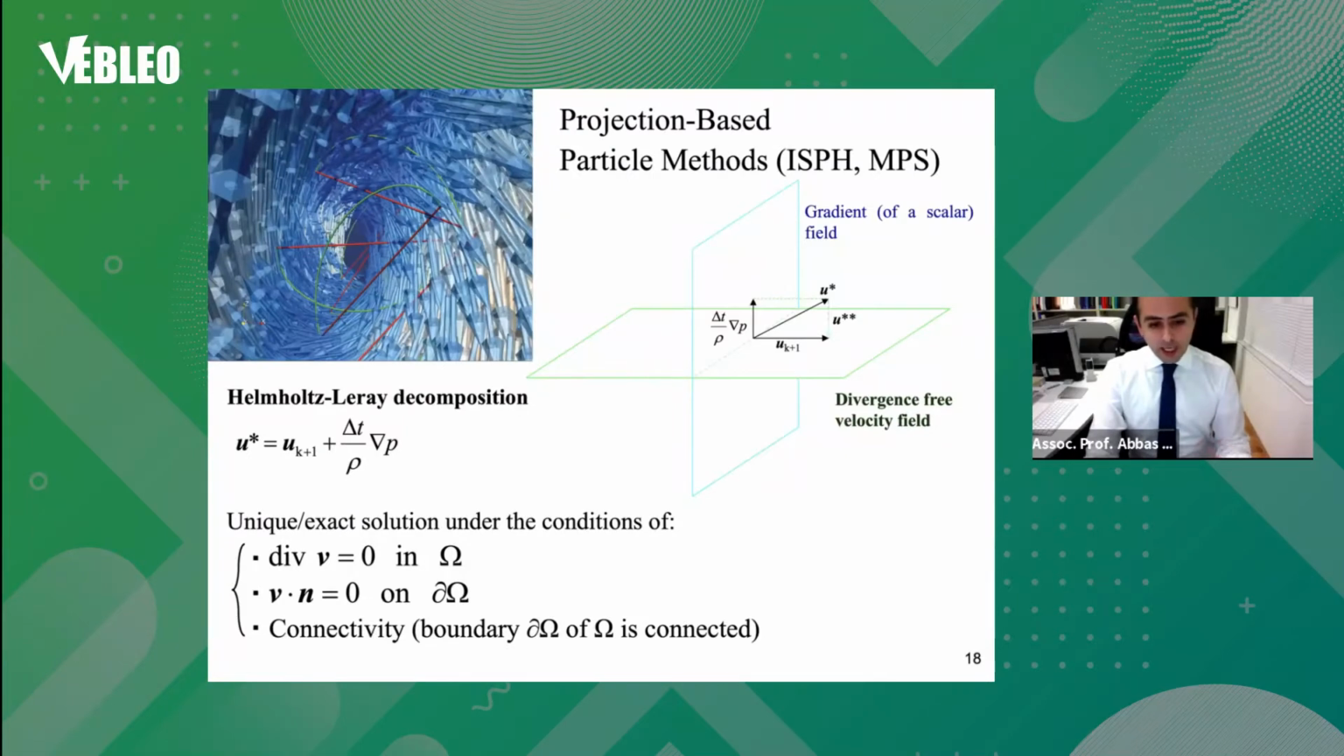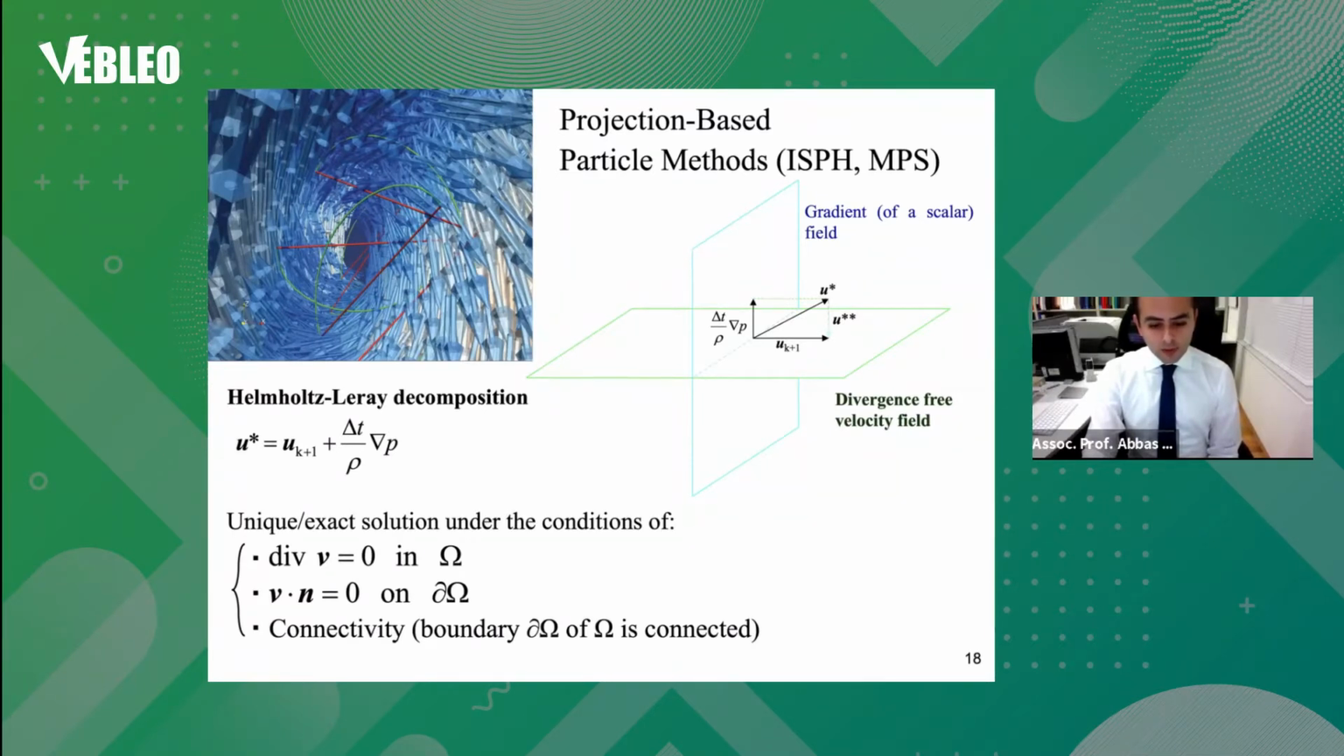And in brief, this is the decomposition for projection particle methods. So we have divergence of velocity 0 in the domain. We have, for instance, V dot n no-slip boundary condition for the boundaries, so we do not have any mass flux at the boundaries. So this is rational. And also we have connectivity conditions, which are also important. These three conditions together with the Helmholtz-Hodge decomposition give us exact and unique solutions for the governing equations,